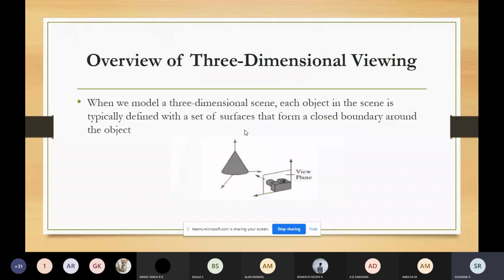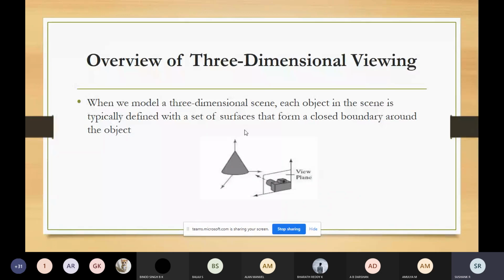You can see this image. In order to obtain a display of a 3D object, first we should set the coordinate reference system for viewing, which we call the camera parameter.